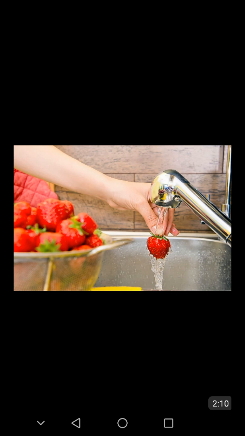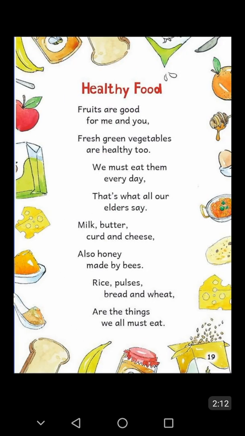now after this I am going to recite a rhyme, that is healthy food. Fruits are good for me and you. Fruits are good for me and you. Fresh green vegetables are healthy too. Fresh green vegetables are healthy too. We must eat them every day.